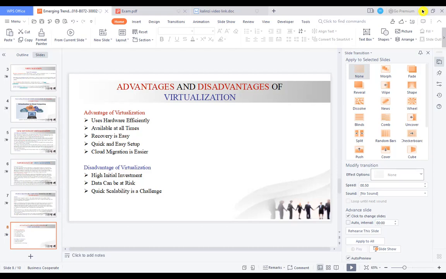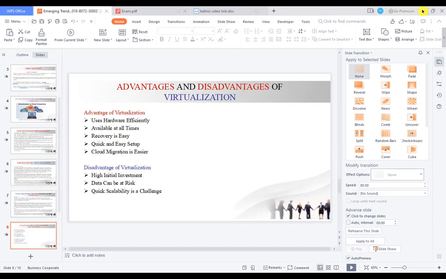Once it is missed, you can recover everything from the cloud computing, because cloud computing services include storage recovery, picking everything which was in your device and backing it up. So that is another advantage of virtualization. Virtualization enables recovery of your things, your data, back to your system or device.